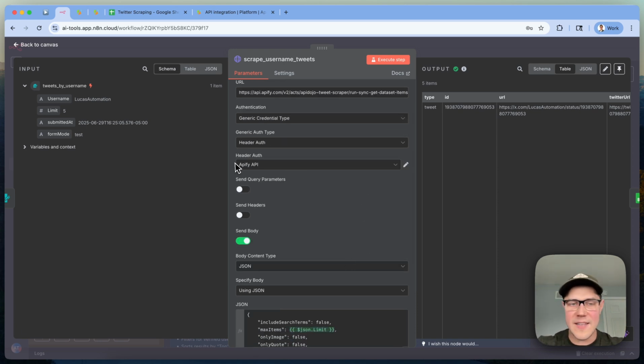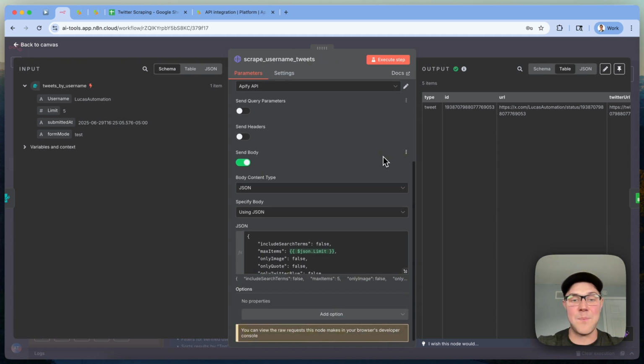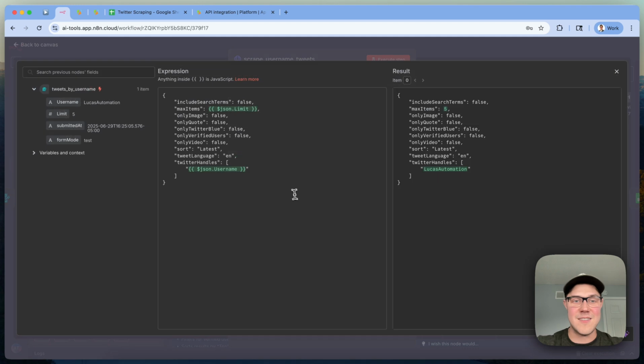So that's the main thing we need to do for setting up authentication here on a request. The next part of this is going to be building the request by passing in JSON content to the body. This is what we're going to use to tell Apify and the specific actor that's scraping Twitter what kind of data we need and what we need to go out and look for on this Twitter scraping operation. So just at a brief overview here, we have this simple JSON object we're passing in and